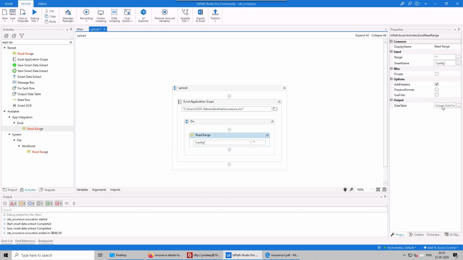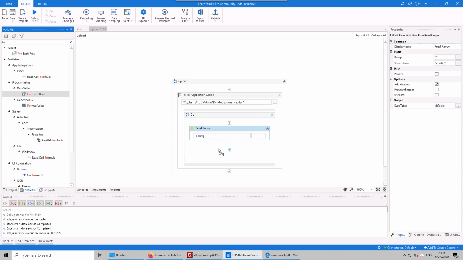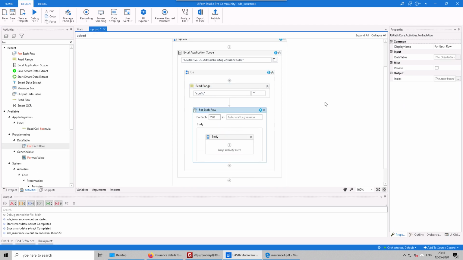So the output of this will be saved in data table, DT table, and then we have to do the loop. So we will do for each loop under the data table. So let's do that. So this will be looping on DT table, and then we have to upload it on a particular web page.